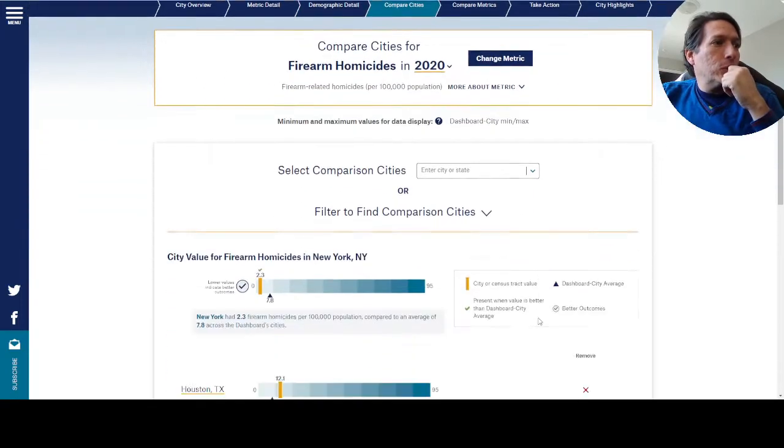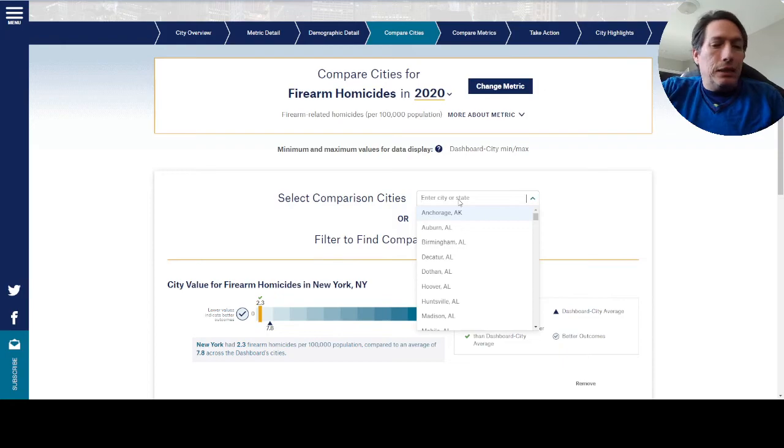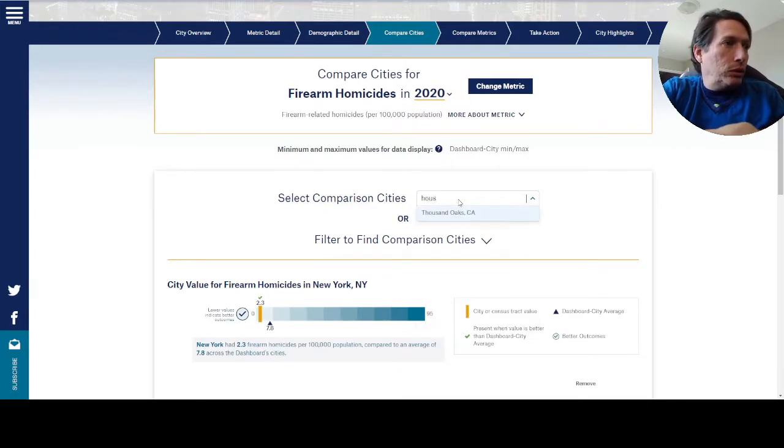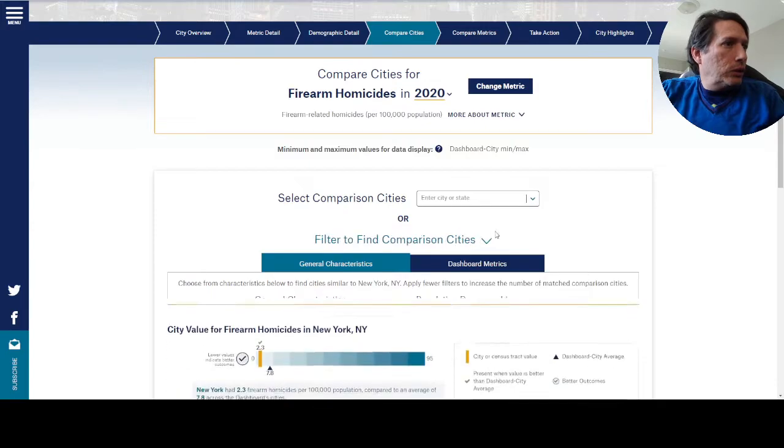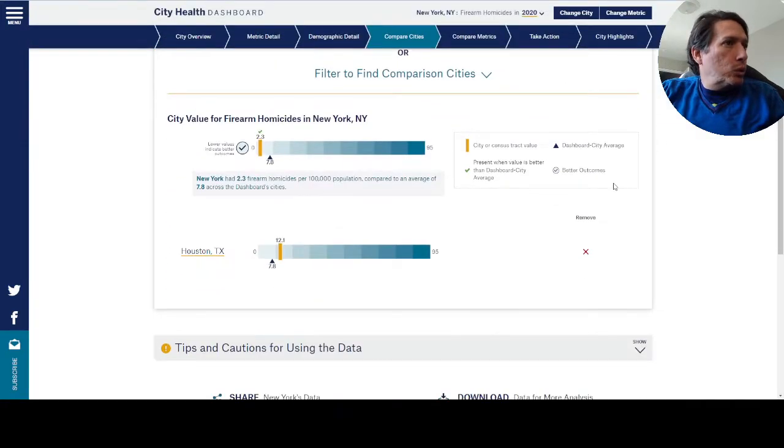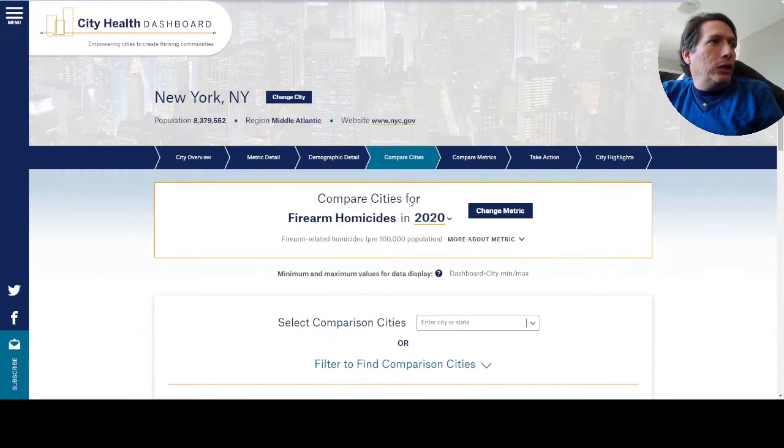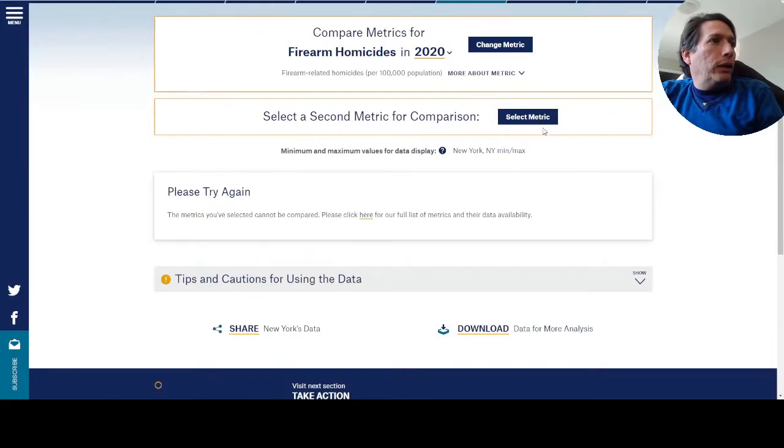It has also the options to compare cities. Remember that we were comparing New York with Houston. Here. Yes, we are comparing New York with Houston. We can see how different we are, no? Homicides by firearms in Houston is higher than in New York, and then we can compare the